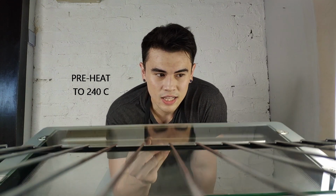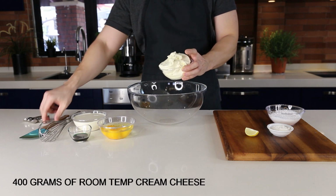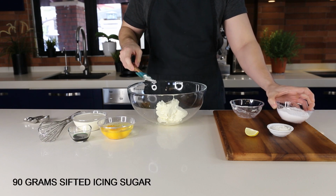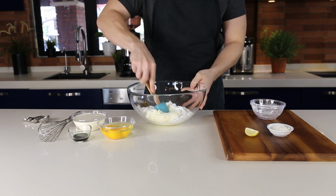Preheat the oven. Let's begin. Here I have my room temperature cream cheese, which I left out about 30 minutes or so. And I'm using icing sugar in this recipe that is sifted, by the way, because it's like powder and